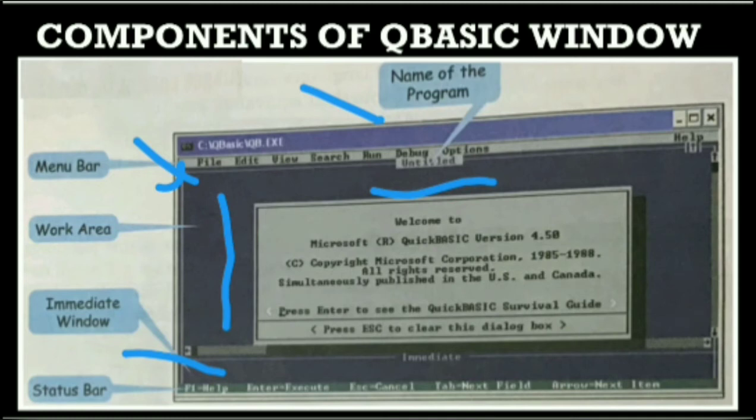Press the enter button to see the result. After that, this is the status bar. The status bar displays a list of key combinations for various commands and information about the cursor position.